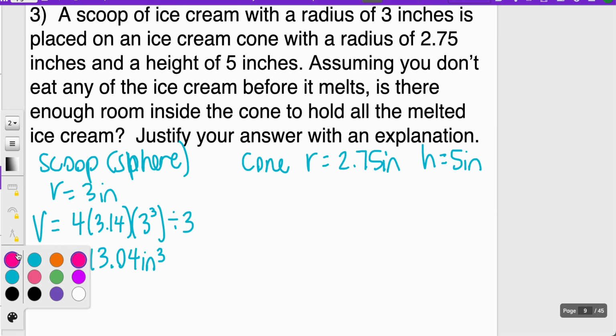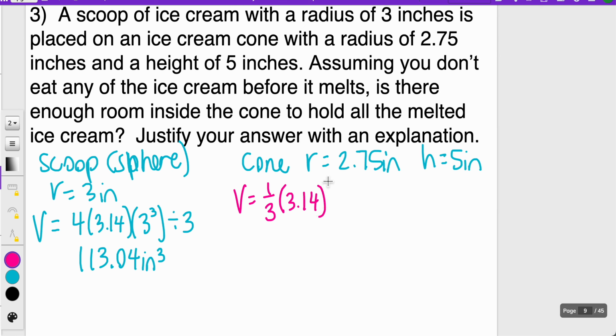And then for my cone, I've got volume is 1/3 of pi times radius squared, 2.75 squared, times my height, which is 5. So that's pi, 3.14, times 2.75 squared, so another times 2.75, then times 5, but dividing that by 3, I'm getting about 39.58